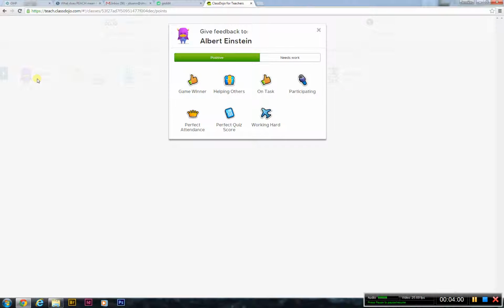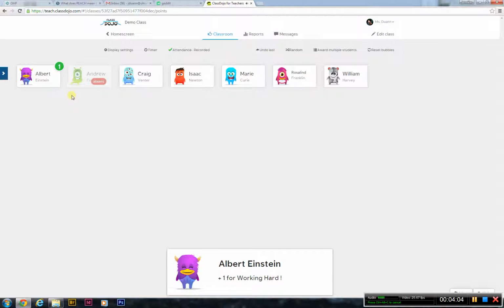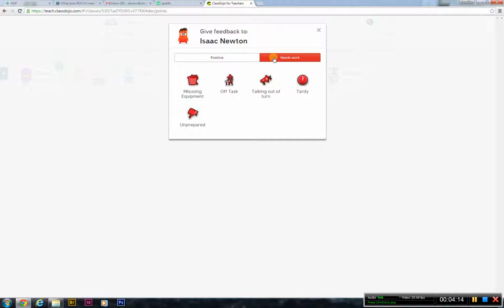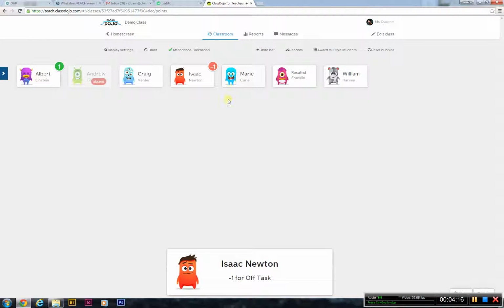From the app, let's say Albert Einstein is working very hard and I can give him a point. It makes a little booping noise that is different from the noise that it makes when, say, Isaac Newton is off task. It makes a little sad noise. And again, if students are logged into their own ClassDojo, they can see their own points rising and falling. So it's a very powerful real-time feedback on what they should or should not be doing, but it can be